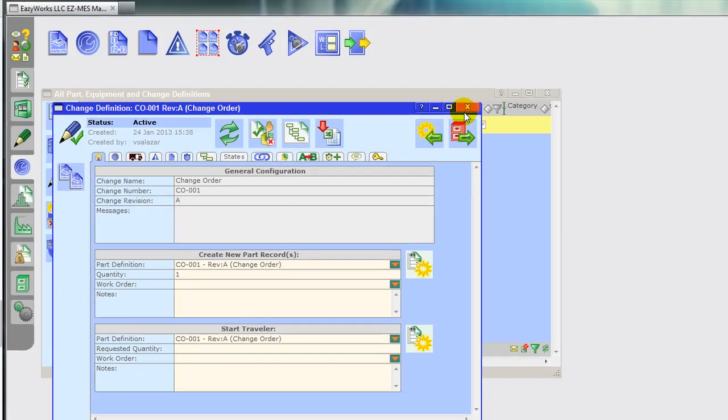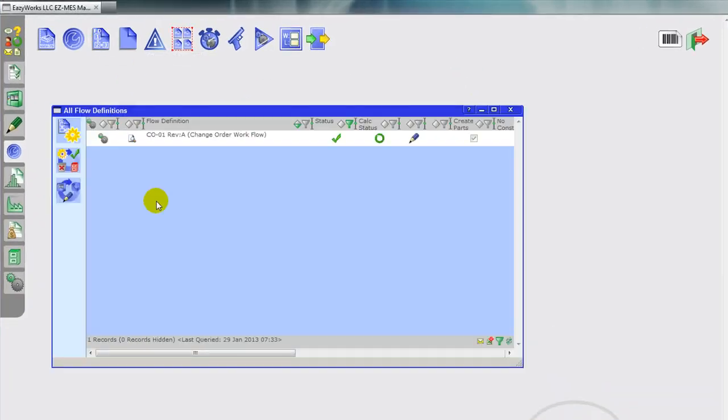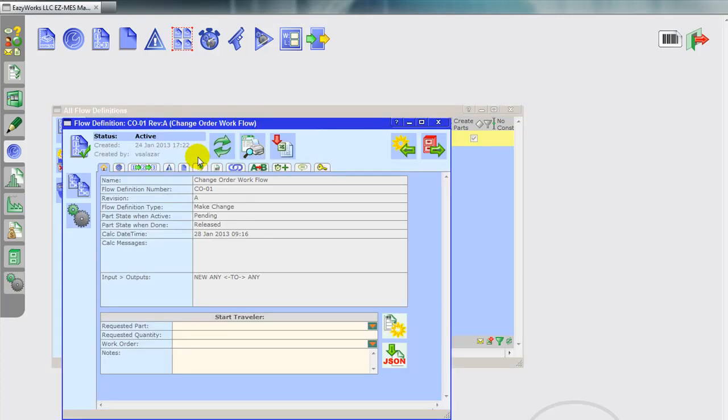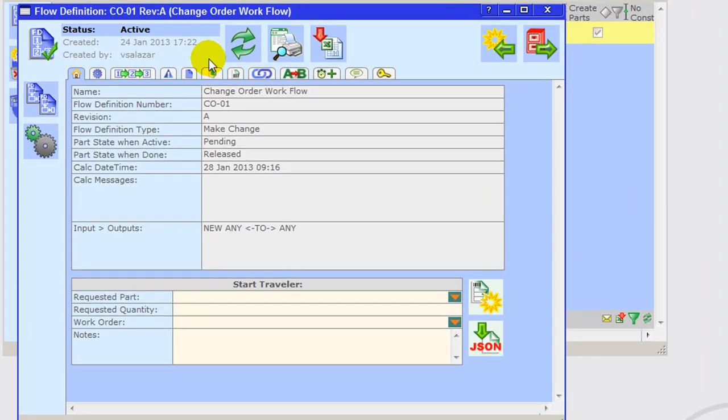Now, after your change order is done, we will create a flow definition that handles the steps taken during your change order. So you could have a number of steps in this flow definition, or operations in the flow definition, that handle your particular change order process. This particular example is only going to contain a single step, which yours could very well be a single step as well. So on the new change flow